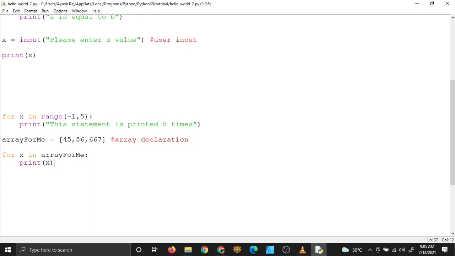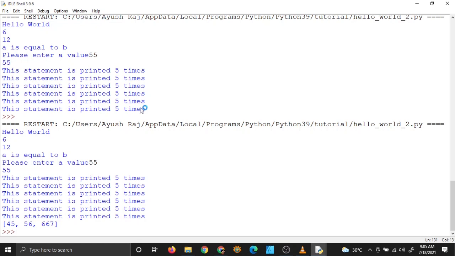So now it will print 45, 56 and 667, but one by one. Let's run this.